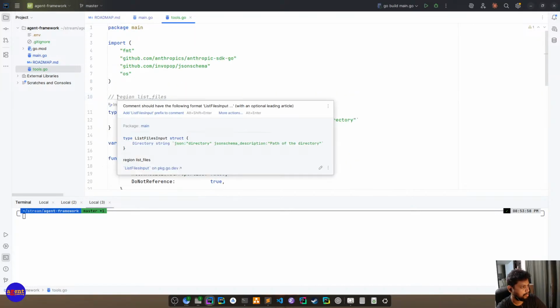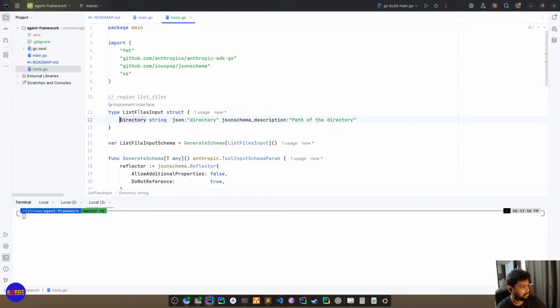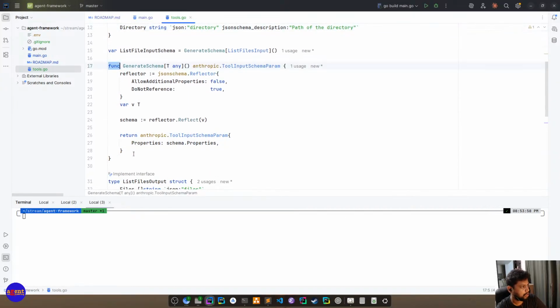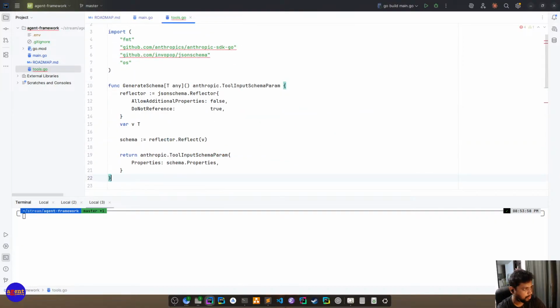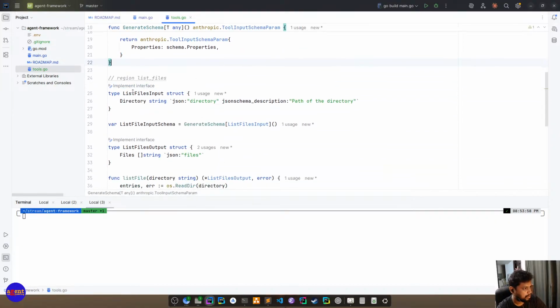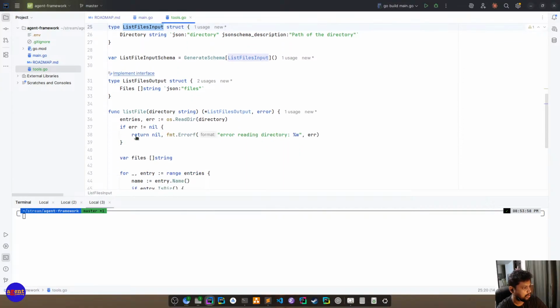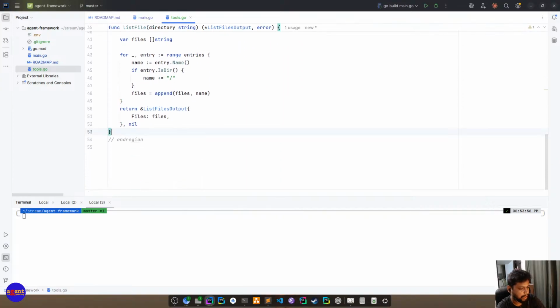Okay, looks good. So this is a generic function, so I'll move it out. So this is the list file tools and its implementation.